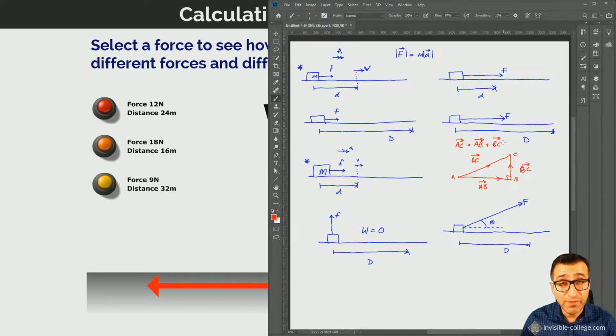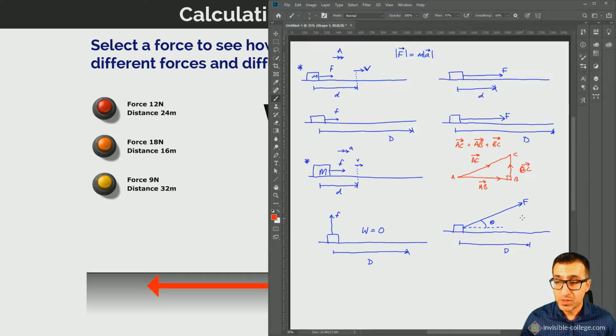And this is true for any vector quantity, whether you're describing displacements involved in a journey or forces, for example. This force can be thought of as two separate forces, one acting along the horizontal, one acting along the vertical. We're only interested in the force acting along the horizontal, because that is the component of this force vector which is causing this displacement. The component of this vector acting upwards does no work on the object because the displacement is